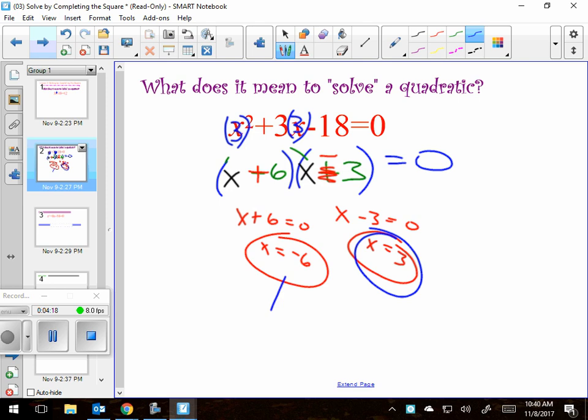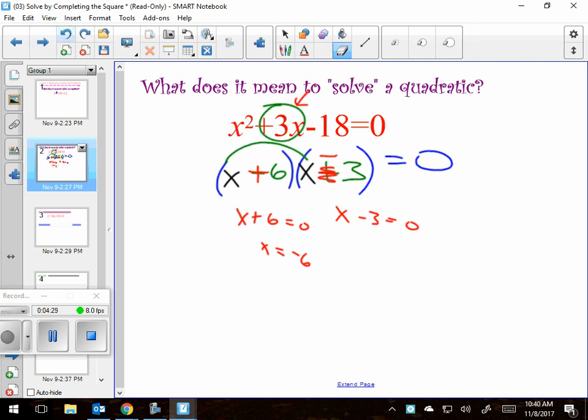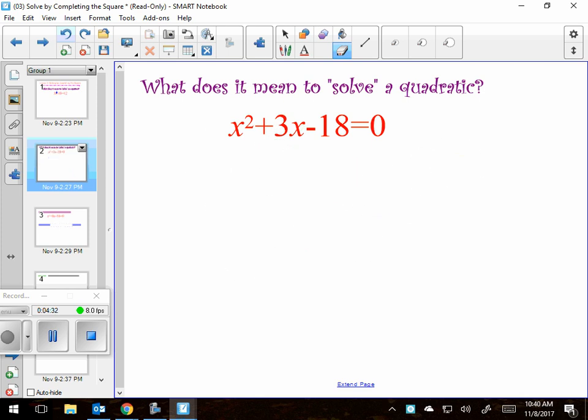Okay, I'm not going to check it, but negative 6 would also work. Okay, so now, what happens if it wouldn't have factored? It still could have been solved if this had been a 17 where it didn't actually factor. That's what we're teaching you to do today: what happens if you can't factor it? If you can factor, you should. If you can't factor, you can always do what we just did yesterday, which was called completing the